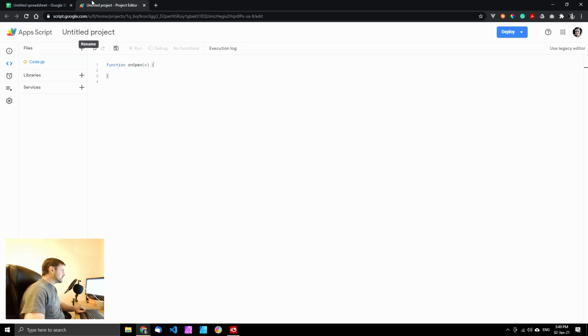So the first thing we need to do to be able to create our menu on there is we need to get the spreadsheet's UI. So all we've got to write is SpreadsheetApp.getUi, and that's a function. And then once we have that, we can chain on to the bottom of this to create our menu. So we can just go .createMenu,